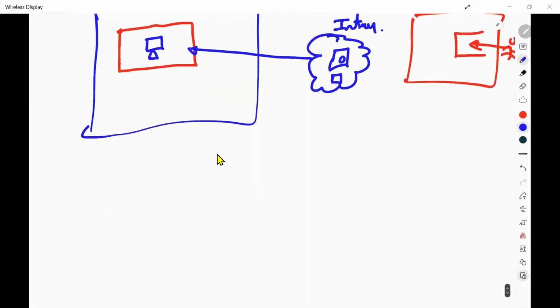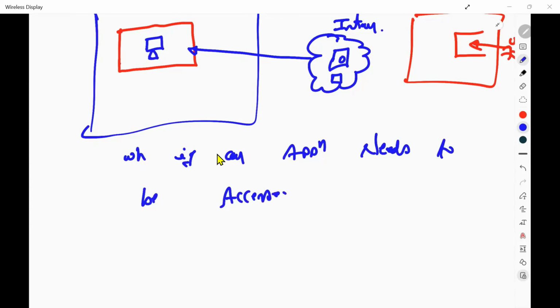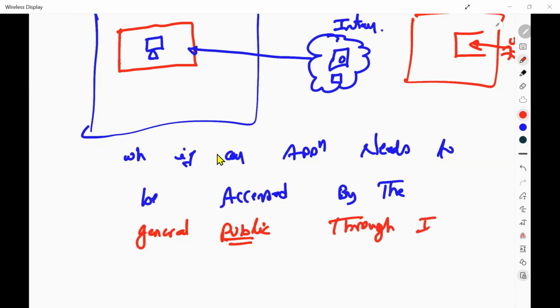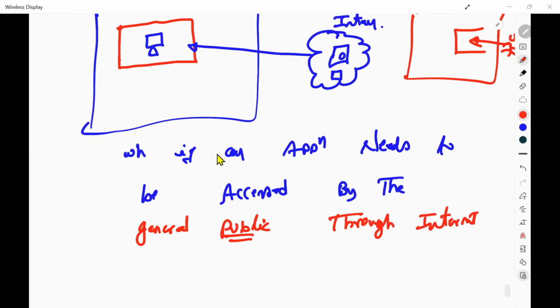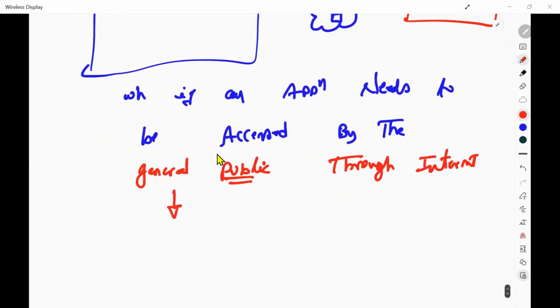Please remember this: if an application needs to be accessed by the general public, we are all the public, right, through your internet, then these kinds of applications are hosted under public subnet.